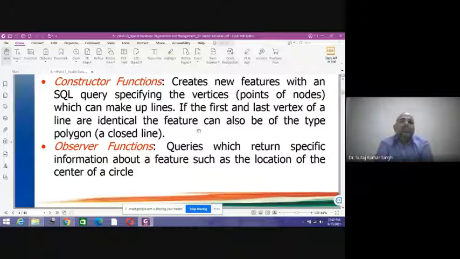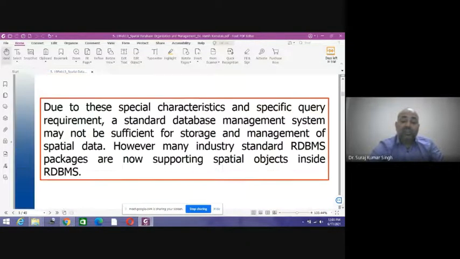Now you want to see in which block the maximum literacy rate is there, that is, above 80% literacy rate. For example, I want to see which are the learned blocks or the villages of that district. So I'll put in the function: literacy greater than or equal to 80%. What will happen when I select the attribute greater than 80%? Out of maybe, for example, 500 blocks, 10 or 20 blocks will be selected. So that is known as the observer function, that is observed on the basis of the questionnaire that you have asked